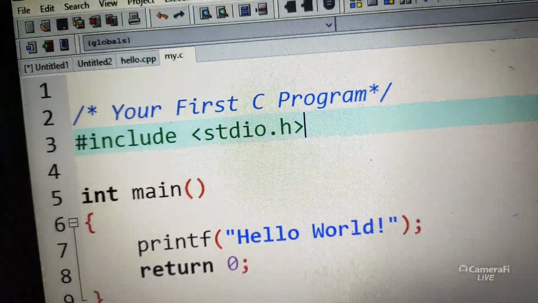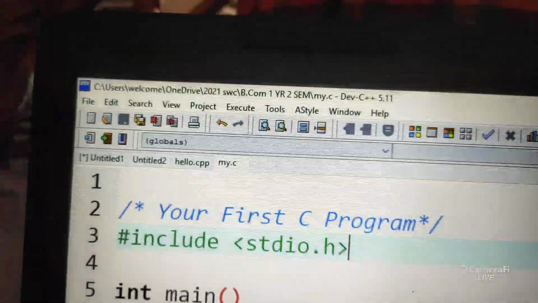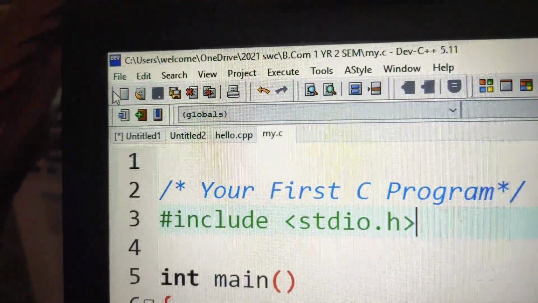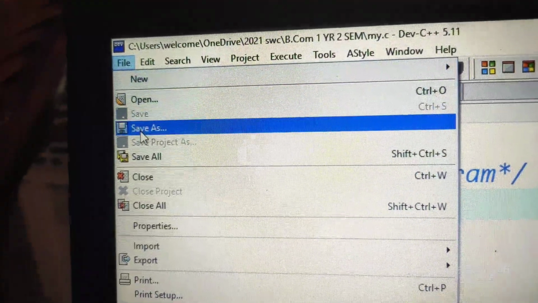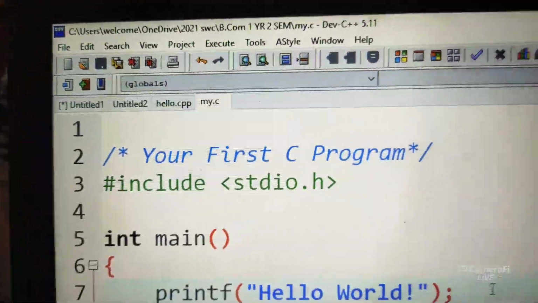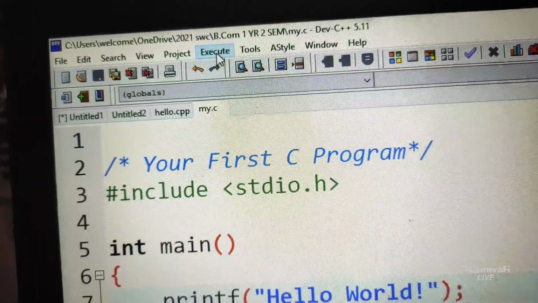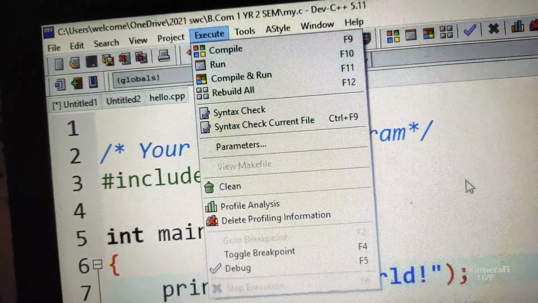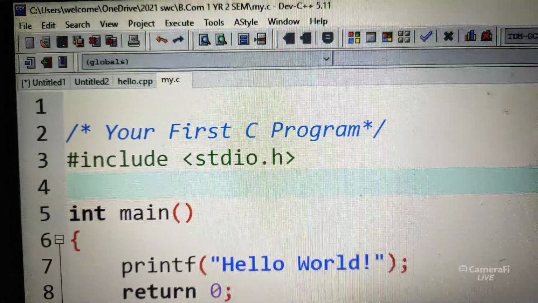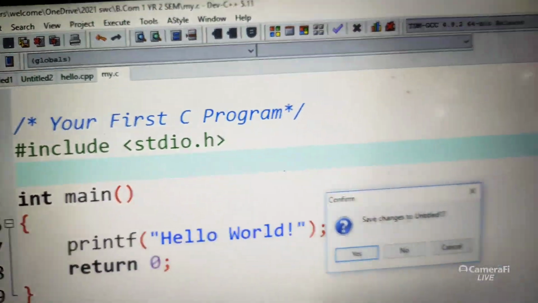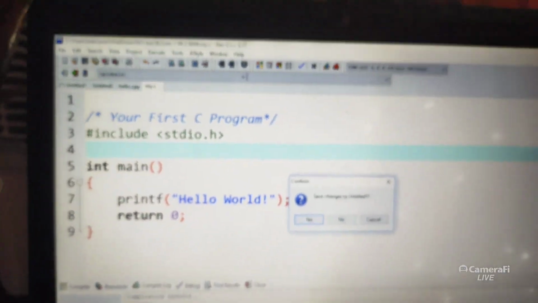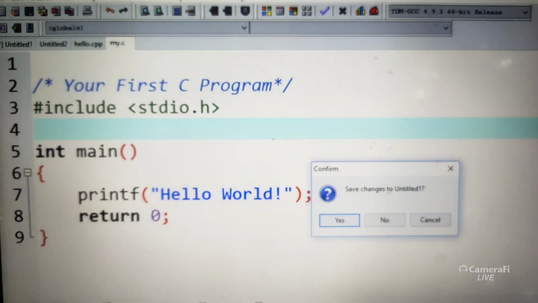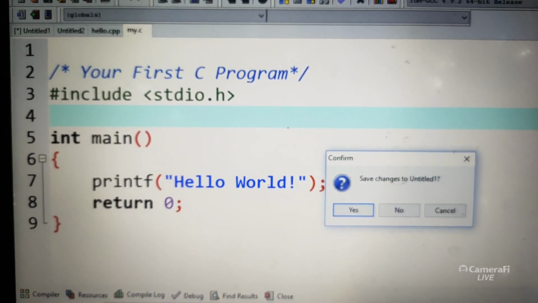Okay, so first there are 3 steps. Open the software, take File, New, Source File, write the program, then go with the save option, file save, add the name, choose C or C++, go for the Execute menu. Second step compile, third step run. Okay, I will get the output. So more samples I will show, 2 more programs in the next video. Just for your understanding, 3 more classes are required to run a program by yourself.